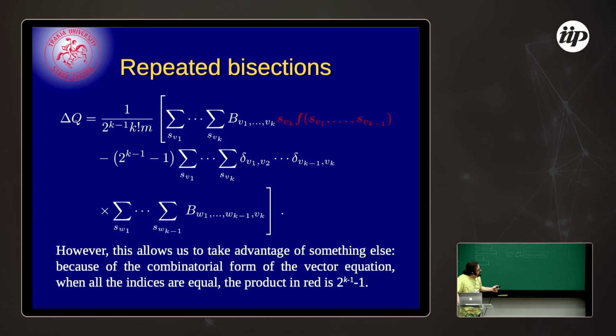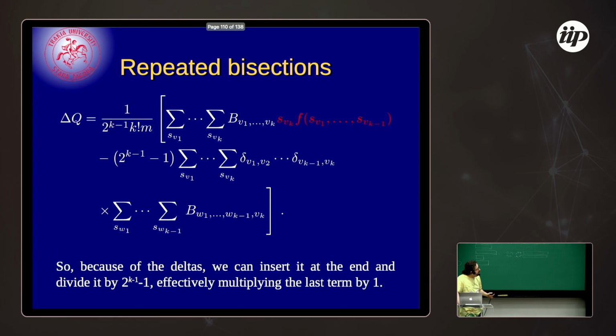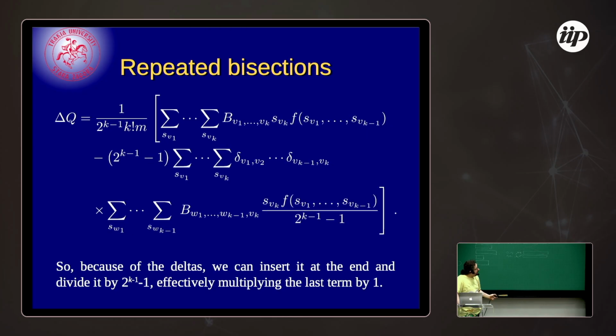But then, considering that this thing here is also only giving you contributions when all the indices are the same, and that the sum of this when all the indices are the same is exactly 2 to the k minus 1 minus 1, we can multiply and divide by this term here, by 2 to the k minus 1 minus 1. Because since they are the same, you are multiplying by 1. So there you go. Multiply by s times f and divide by 2 to the k minus 1 minus 1